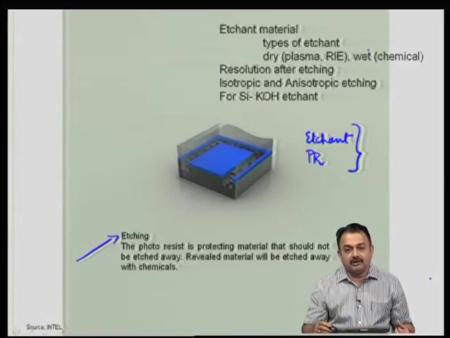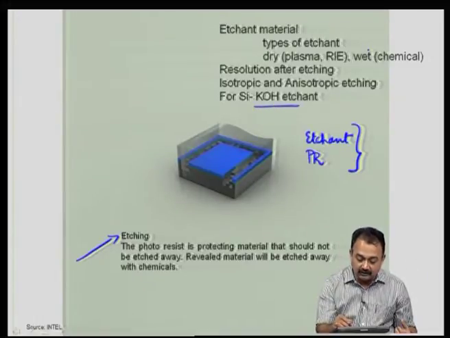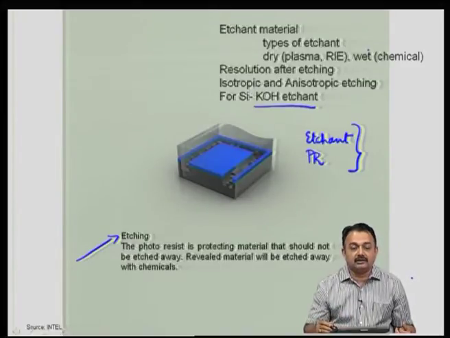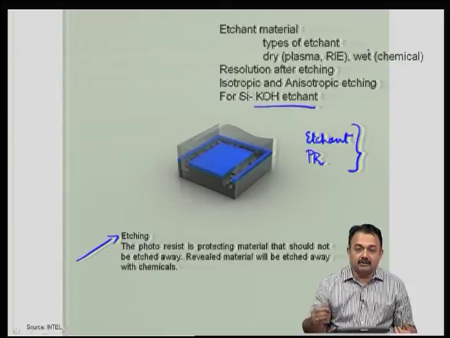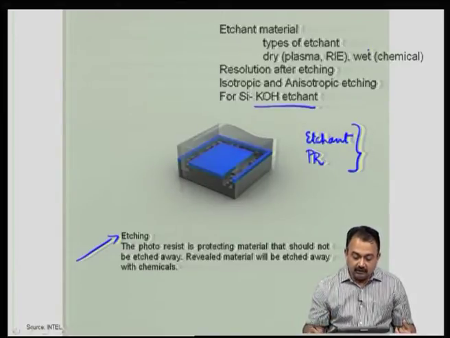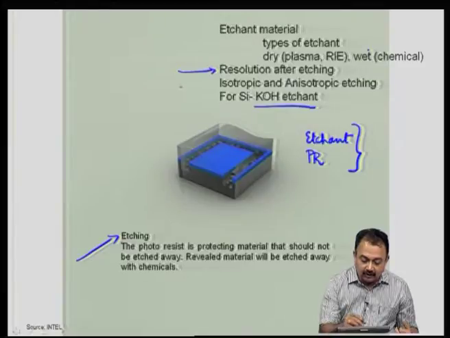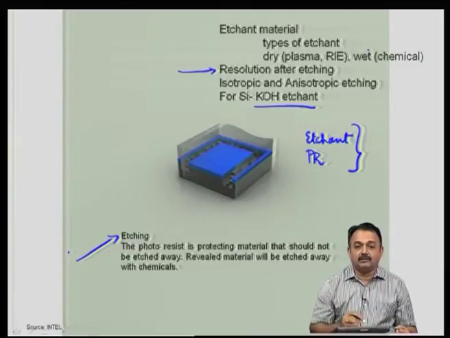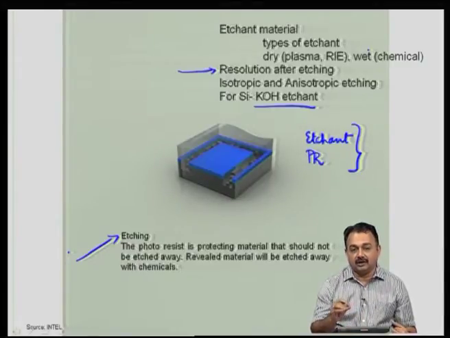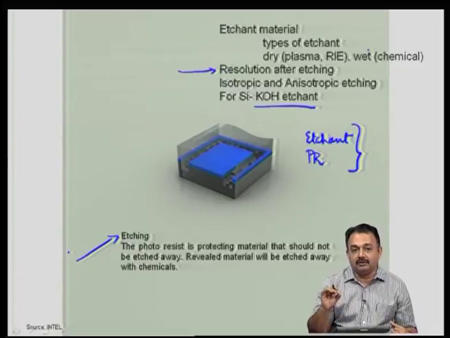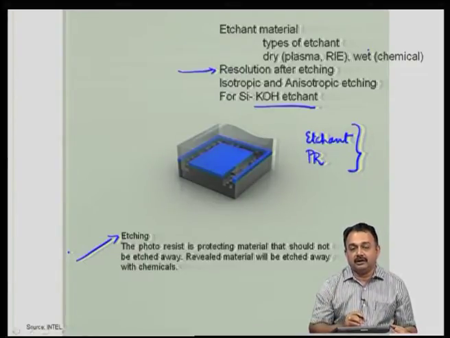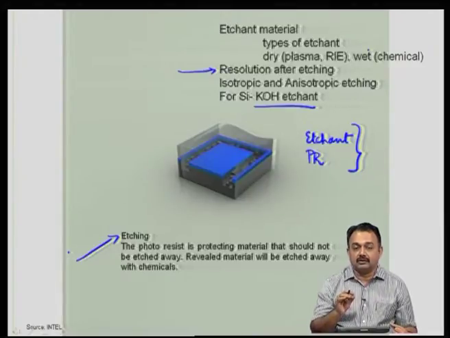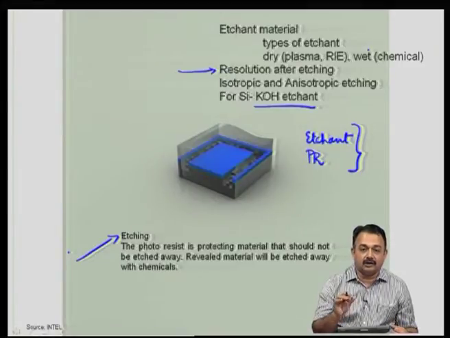Typically, we use wet etching, that is by chemical. For example, for silicon, potassium hydroxide, KOH, is the etchant. There may be other etchants for different materials, even in the same semiconductor fab process. Now, the resolution after etching is what is more critical, and you have to spend a lot of time examining the trace widths that you have generated after etching, and this should be equivalent to your design implementation plus minus certain tolerances. So, at every stage of the process, there are certain tolerance values that you can give and then